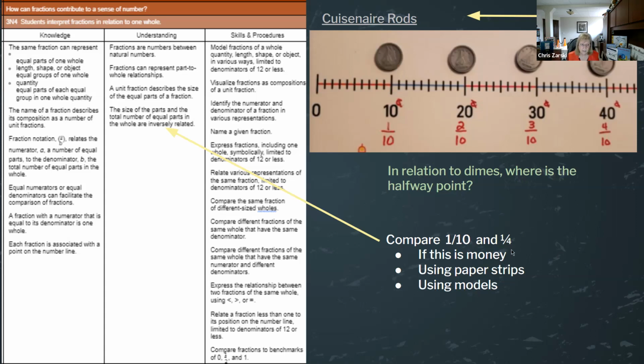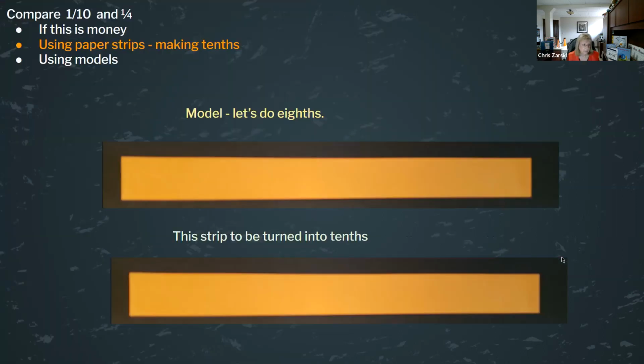And then you can have that conversation about 1/10 and 1/4. Which one's bigger? Which one's less? So what you see here is if you forget along the way or you don't have access to the video, this is again, how do I change a strip into 8s? Well, we did that one just by fold, fold, fold. And then 10s, fold in half, but then I have to get rid of the odd number.